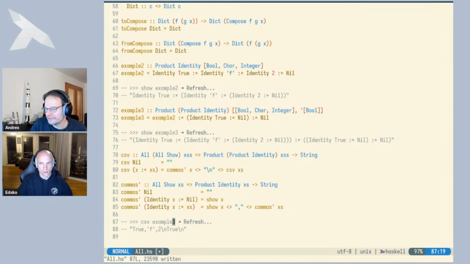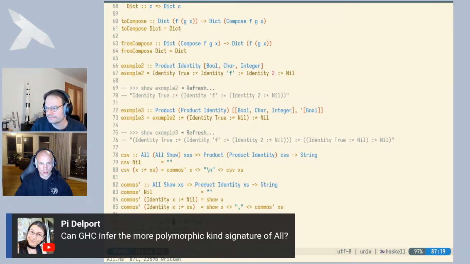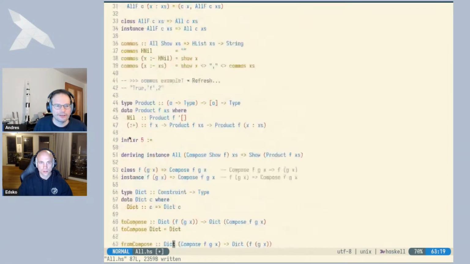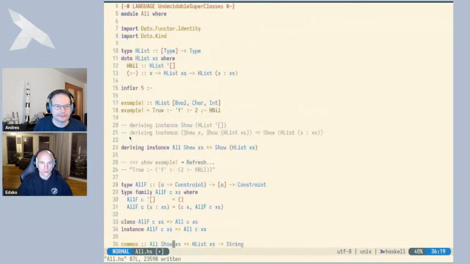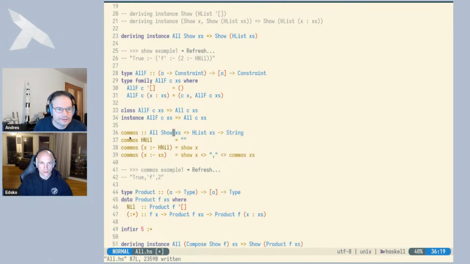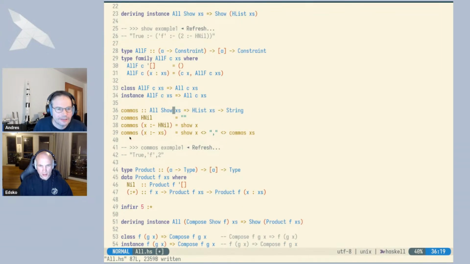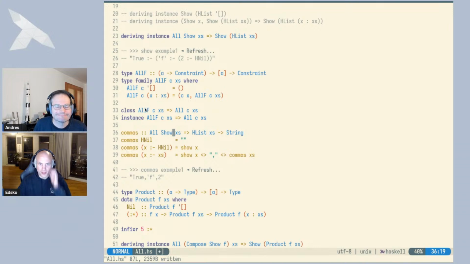I'm not sure whether we have any questions. We have another small question, also by Pi again. Can GHC infer the more polymorphic kind signature of all? I think it does, actually, yes. Although it's kind of tricky, because then you need to put a constraint on the empty one, I guess. Yes, but I think if you basically did what I did in between,